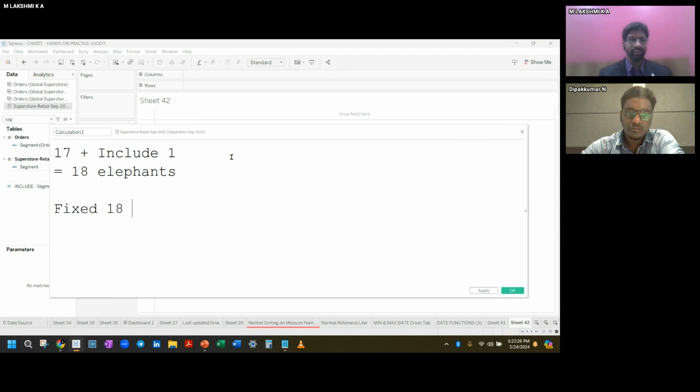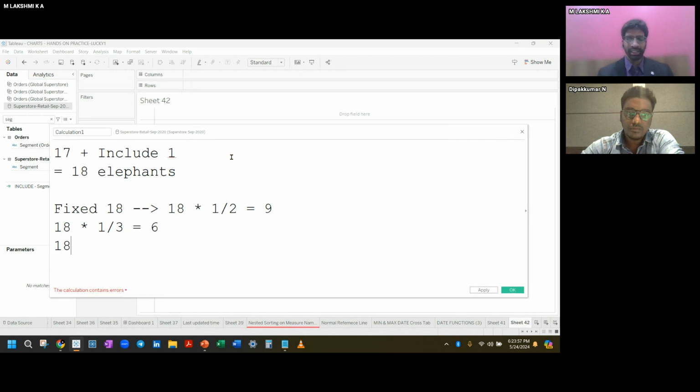After fixing 18 elephants, you take 18 into half, which becomes 9 elephants for the first son. Now again, 18 into 1 by 3, which is 6 elephants for the second son.